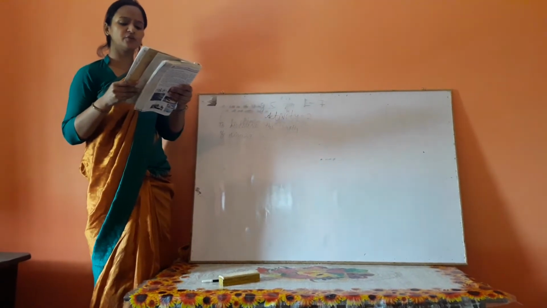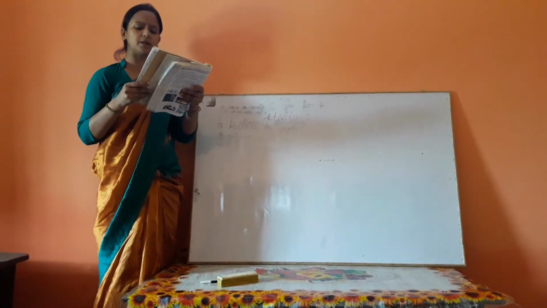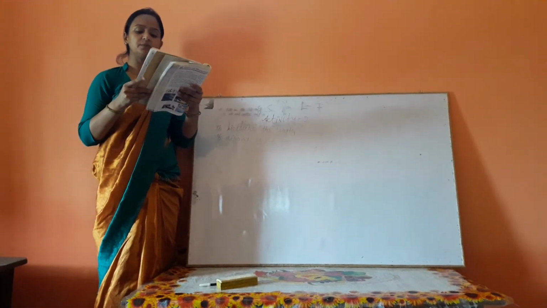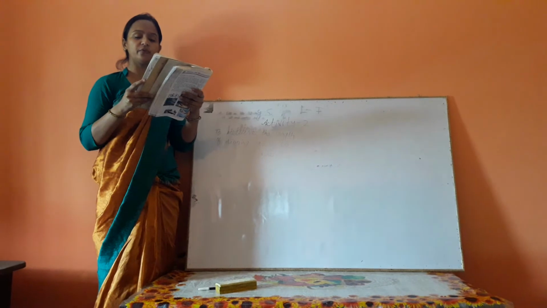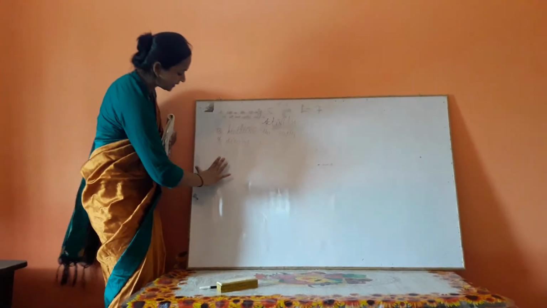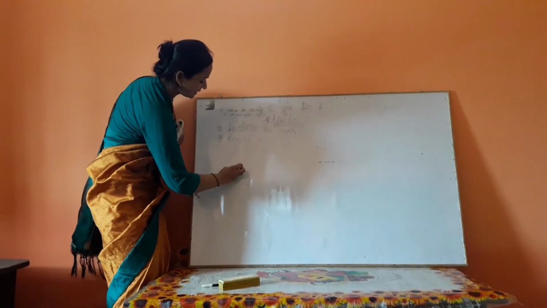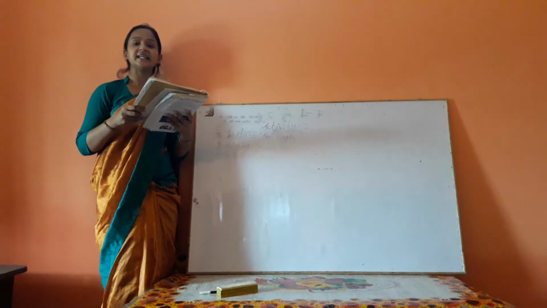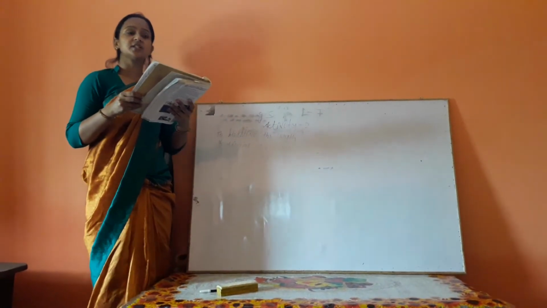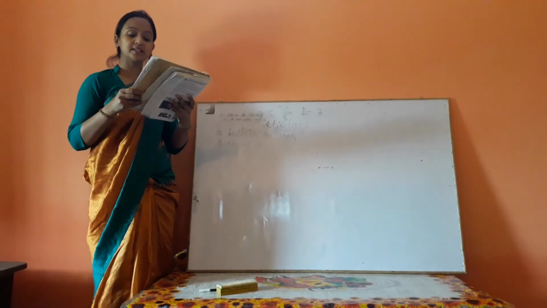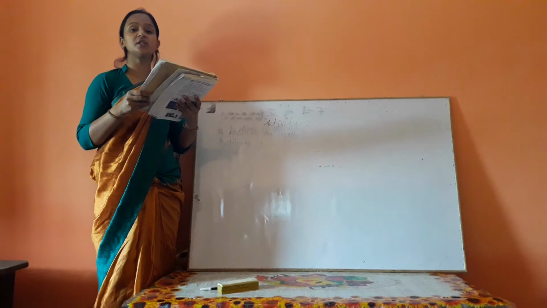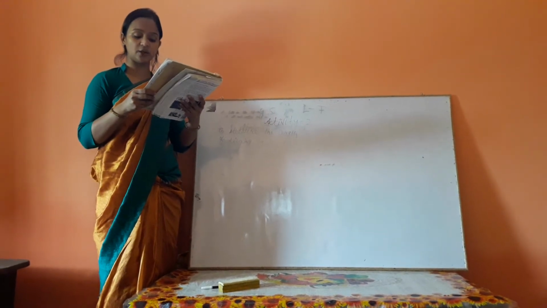Now ask your friend to measure the length of the table by their hand span, and you will be surprised that the length of the table is not the same for all of you. First you ask your friend, they will measure the length like this, and then you will see that it is not the same, it is different. This is because the hand spans of you and your friend are not equal, they are unequal.